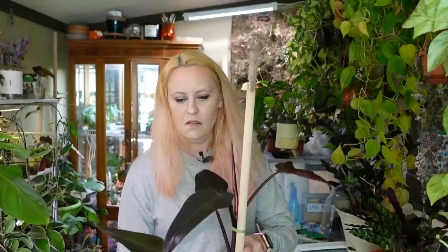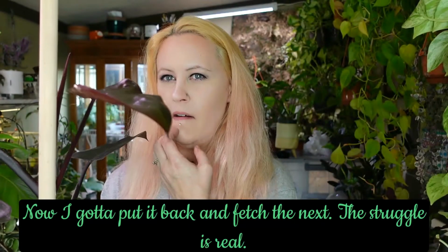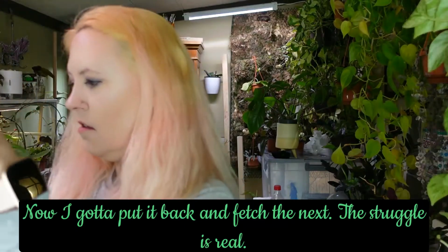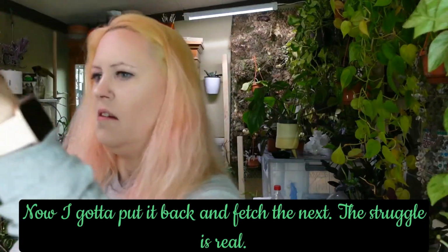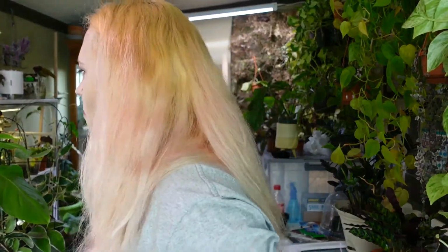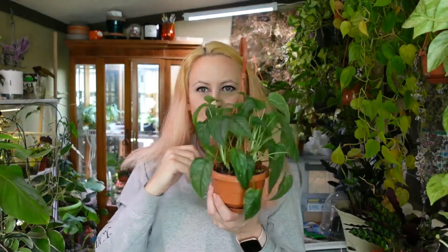So, next on the list, I don't know if I can get it back in there now that I got it out. Who was next? That sounds like a leaf cracking. This one is just a wee one right now. It's a Monstera siltepecana. I haven't had this long,